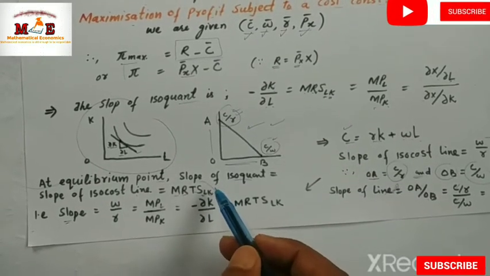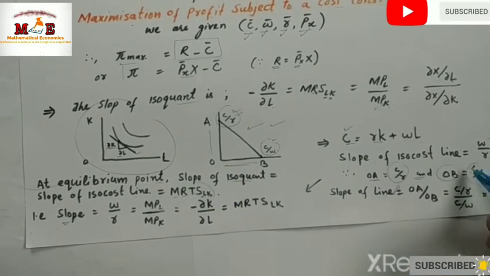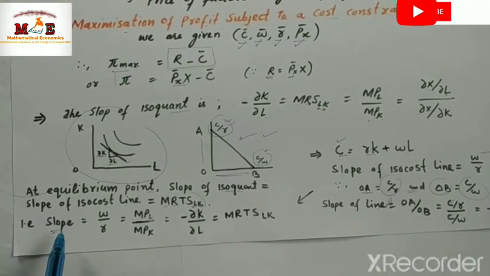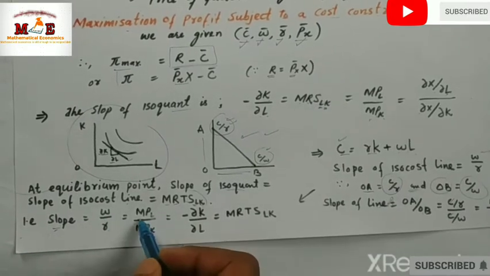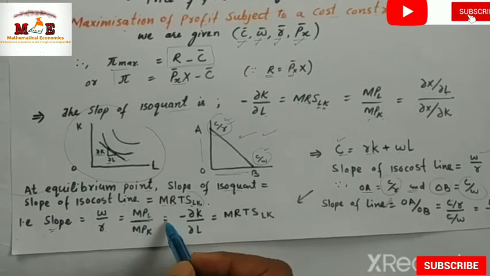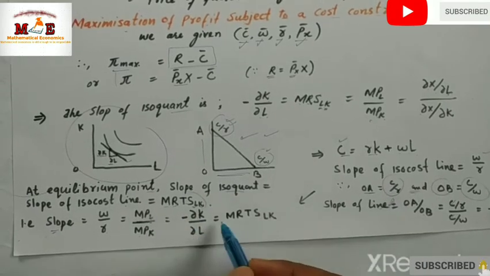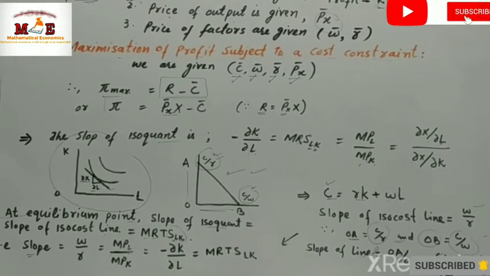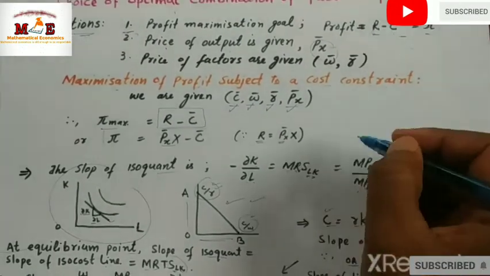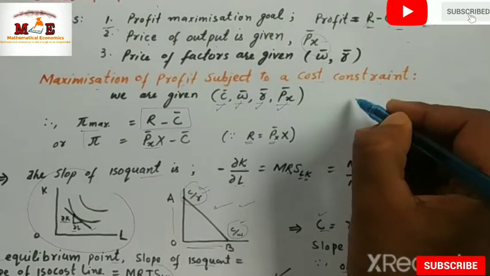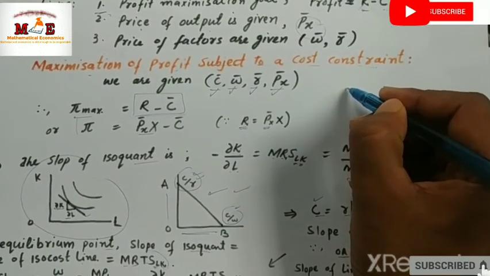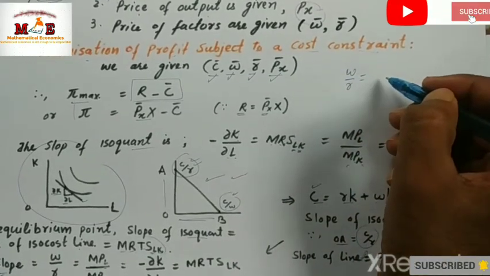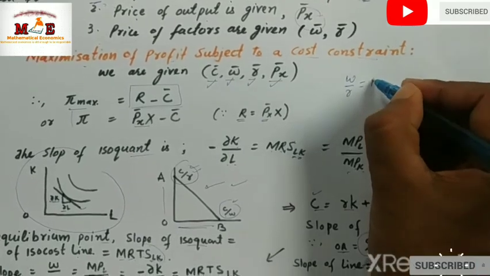And the slope of the isocost line is W by R. Therefore, at the equilibrium of this firm, W by R equals MPL divided by MPK, which is equal to minus del K divided by del L, or finally equal to MRTS LK. In short, we can say that the equilibrium condition of a firm is where slope of isocost line, that is W by R, is equal to the slope of isoquant line, which is equal to marginal